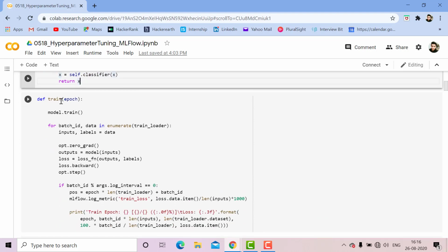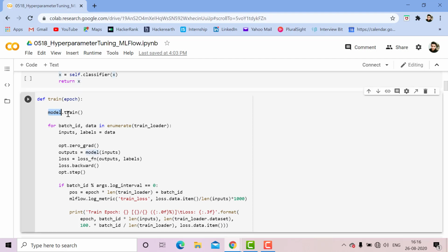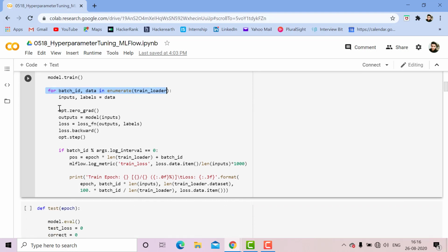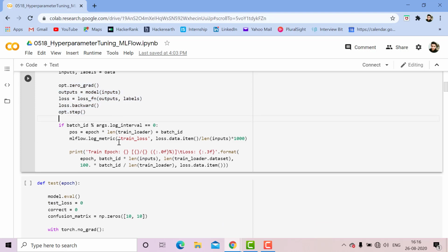Now define train function with epoch as parameter. model.train function for batch_id, data in enumerate train_loader. op.zero_grad function. outputs is equal to model function with inputs as parameter. loss is equal to loss_function with outputs, labels as parameters. loss.backward function and op.step function.